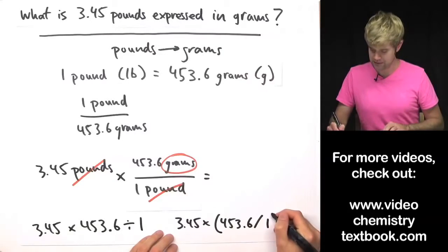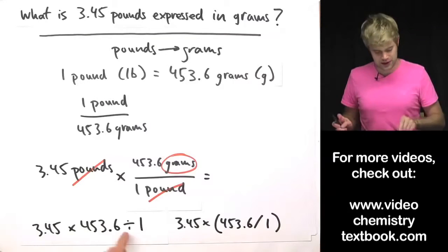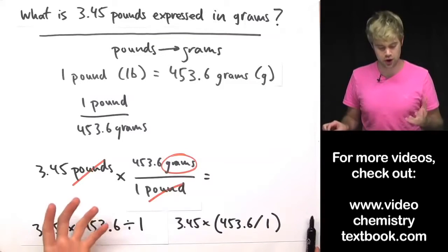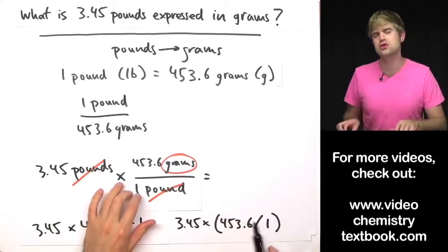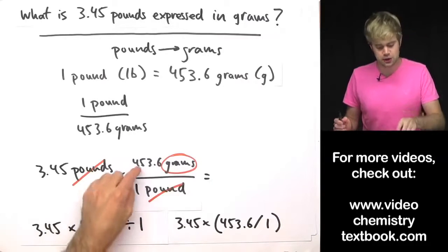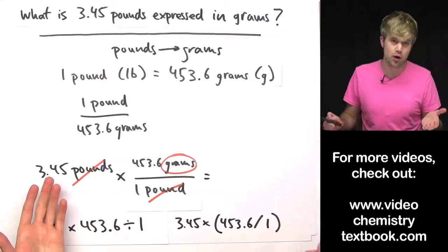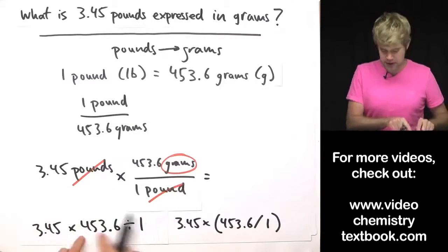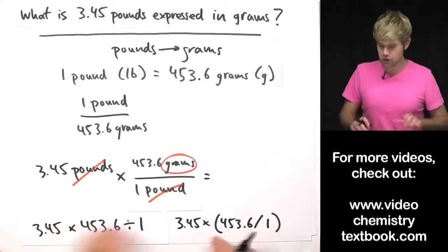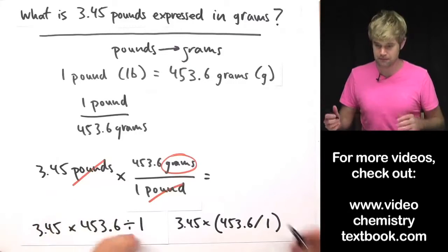453.6 divided by 1. Now you don't really have to worry about the 1 too much if you don't want to. I'm just putting it there because sometimes this won't be a 1. So I just want you to get used to dividing by whatever is on the bottom of the fraction, even if it happens to be 1 in this case. So however you decide to plug this into your calculator, when you crank through it, you're going to get the same number, and that's going to be